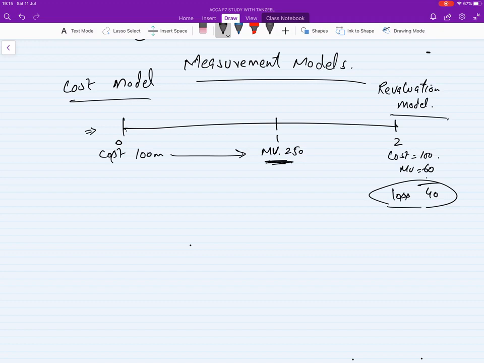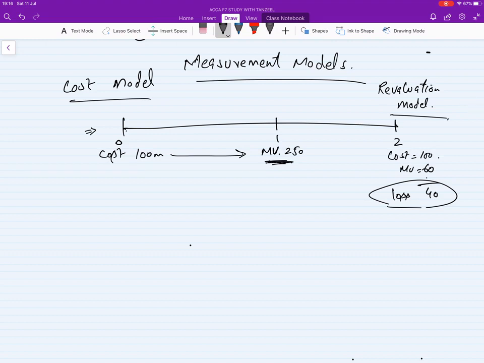Or consider this example: if you have cars in your business, like a Mercedes and a Toyota. The director chooses, let's use the cost model on the Toyota, or let's use the revaluation model on the Lamborghini or good cars. On this point the standard says no. For one group of assets, if you have one model, then you cannot have the other model for the cars.